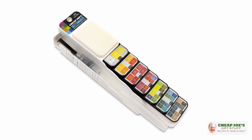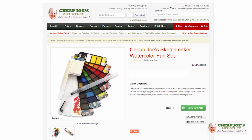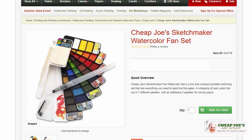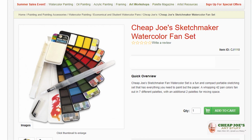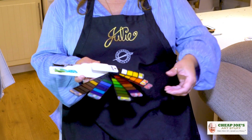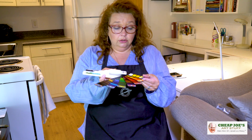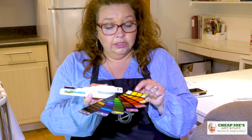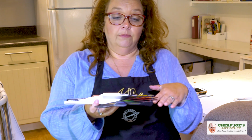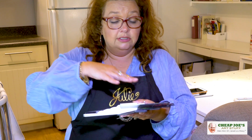This one is called the Sketchmaker Watercolor Fan Book. It is chock full of 42 different watercolors inside. They're almost like little pans. They call it a watercolor fan book because you just fan them out like this. Look how cute. Oh my gosh. So 42 amazing colors, and you can see they're poured into these little reservoirs, like little pans. Now keep in mind that even though this is a Cheap Joe's kind of product, this is not